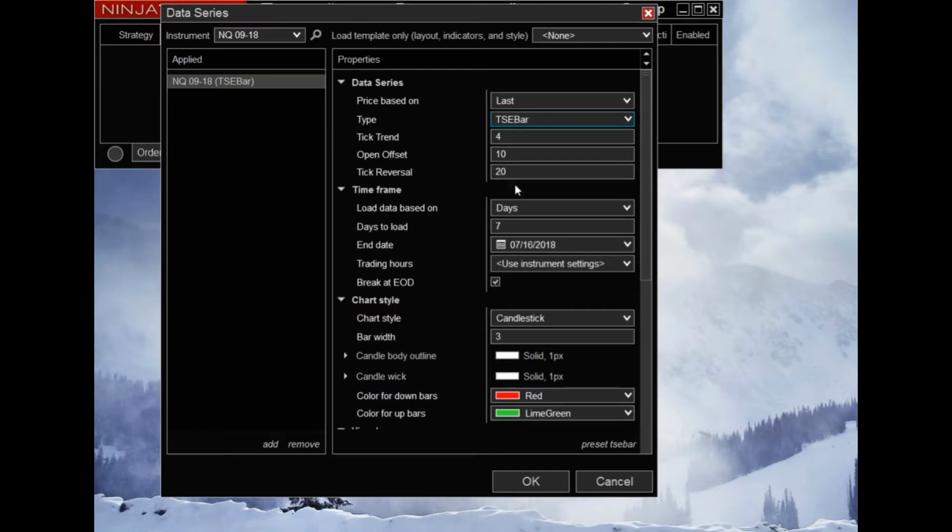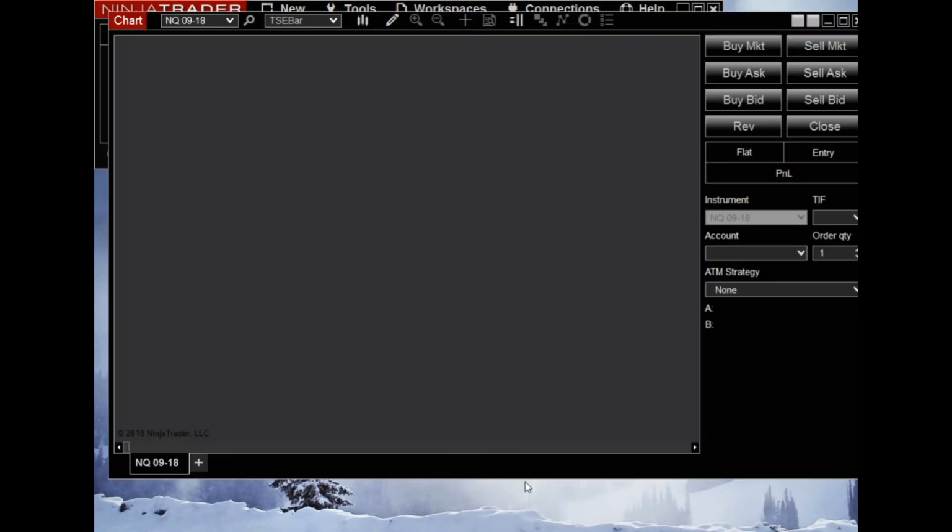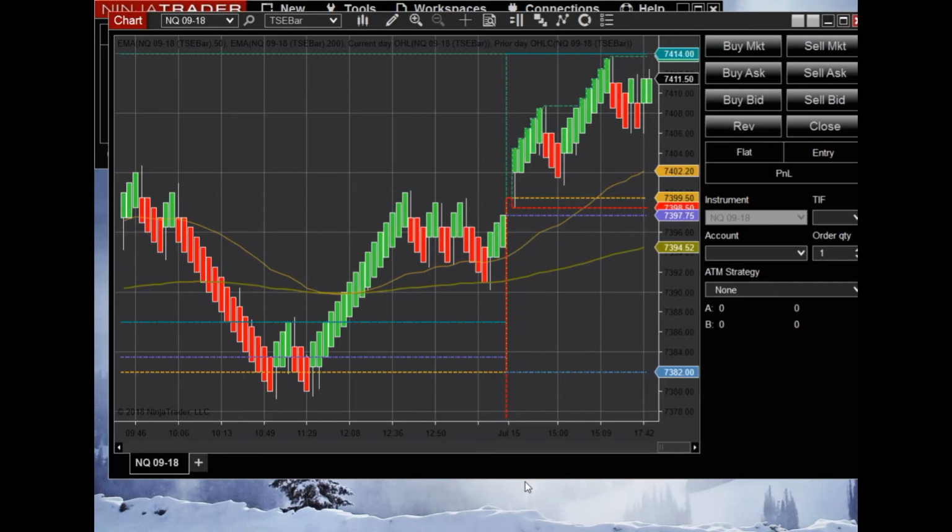settings. There's also a template that's included with the strategy, which you can access from here for the chart. If you click on it, if you have other templates, they would appear in this list, but you can see there's a template called TSENQNT8. Go ahead and select that, and then down here say OK, and after a second or two your chart appears